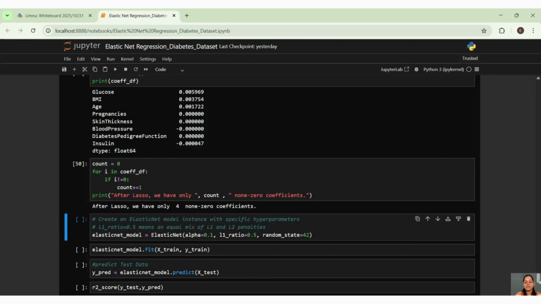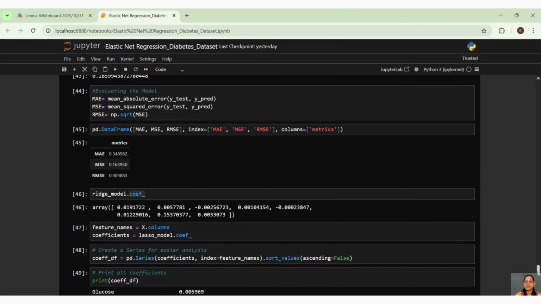However, in case of ridge, what we understood is that it is not going to make 0. However, the intensity of the values will tell you which one to consider, which one not to consider. So, if I were in your place, I would not be considering this, and not this one as well.